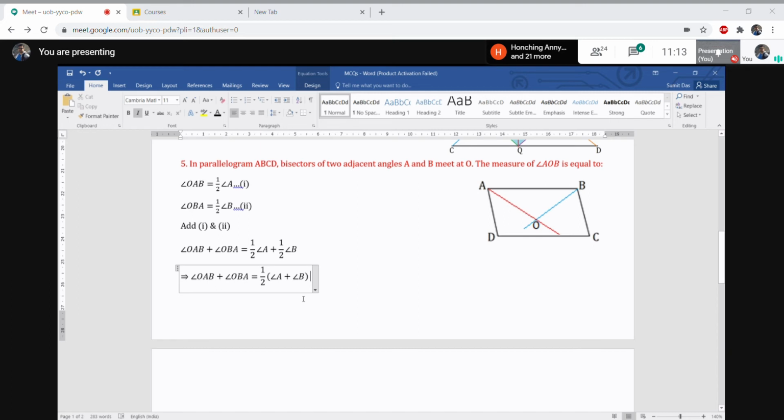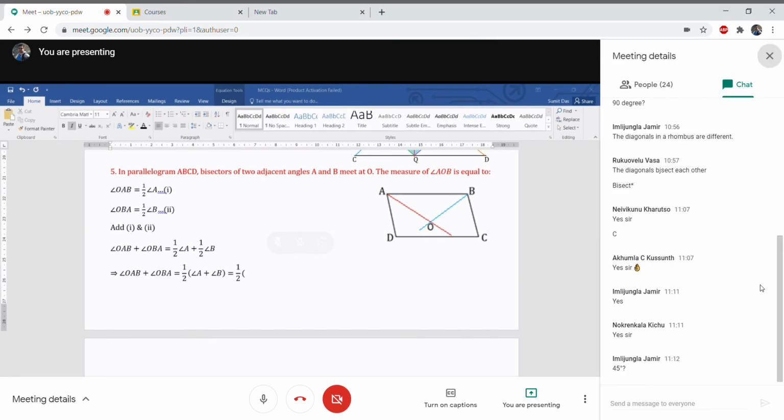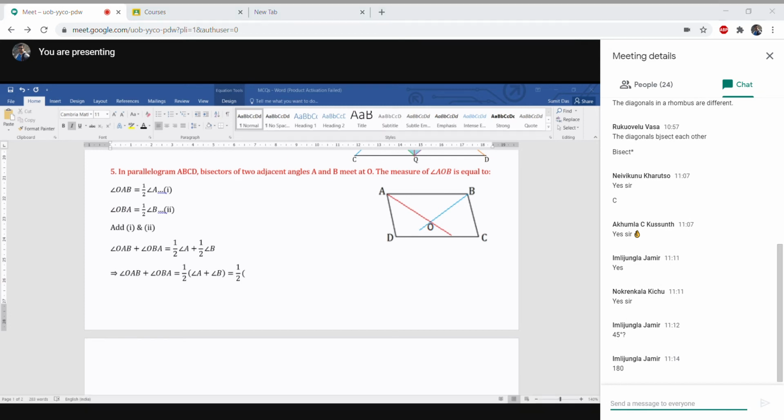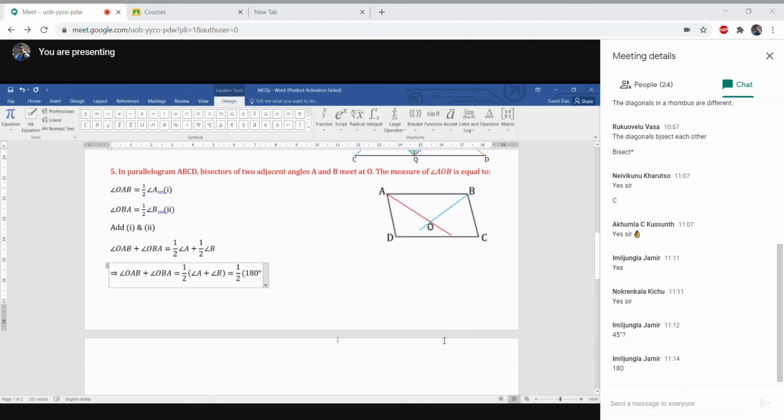Okay, so I took half common, so it will be angle A plus B. Can anyone tell me what is the measure of angle A plus B? Angle A plus angle B, how much? 45 degree? No. Yeah, 180 degree. Yes, because they are adjacent angles. It is 180 degree. Right. Answer, because